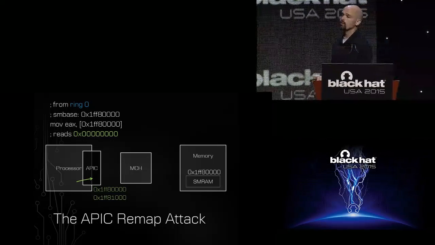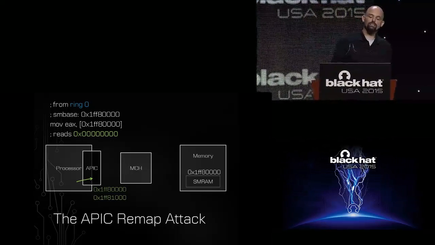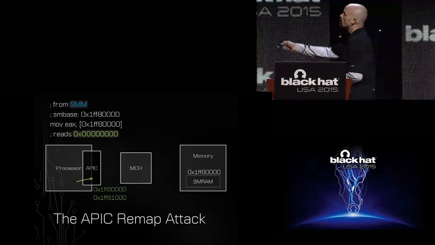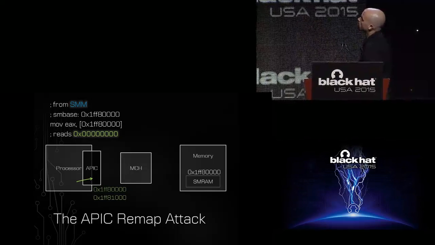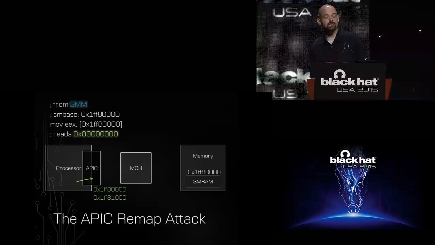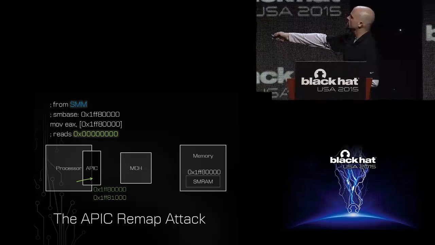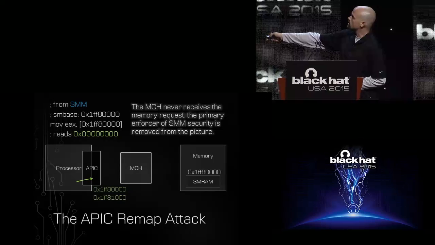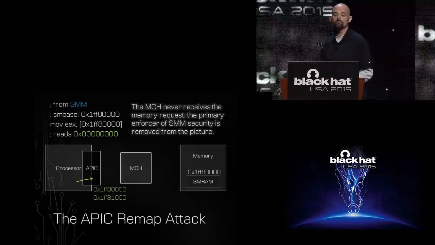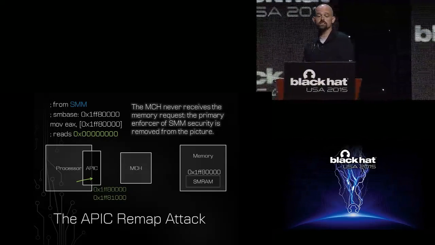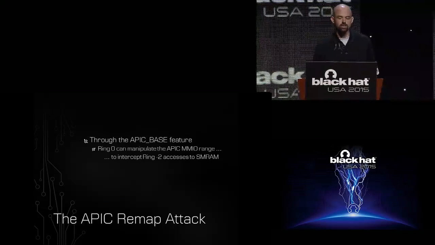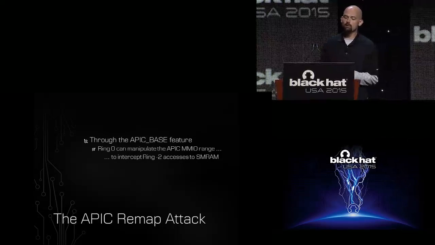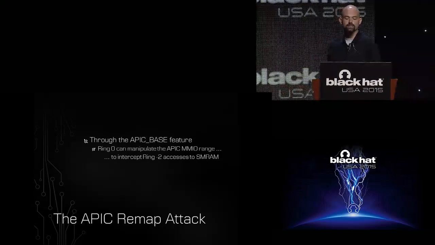That's not really interesting. It doesn't matter if we can modify our view of memory in ring 0. The interesting part is this allows us to modify SMM's view of memory. So now if SMM tries to fetch a value from SMRAM, instead of getting what it actually expected to see, the APIC's going to grab that memory access and give us back a register instead. So the MCH in this situation never actually received the memory request, meaning that the primary enforcer of ring -2 security has just been removed from the picture. So through this legacy APIC-based feature, ring 0 can manipulate the APIC MMIO range and intercept ring -2 accesses to